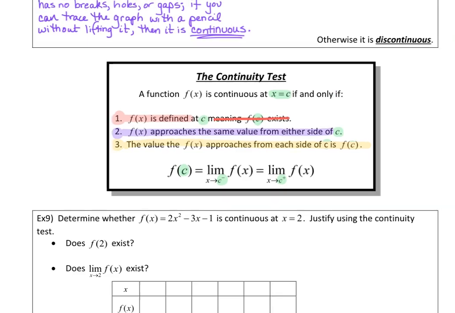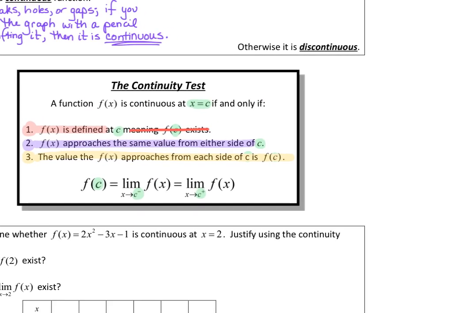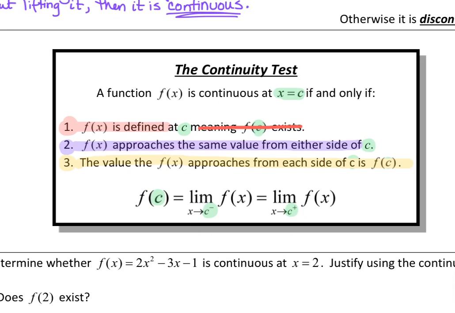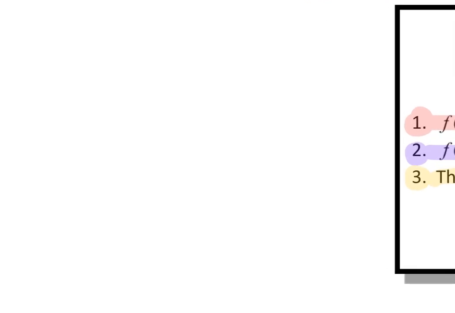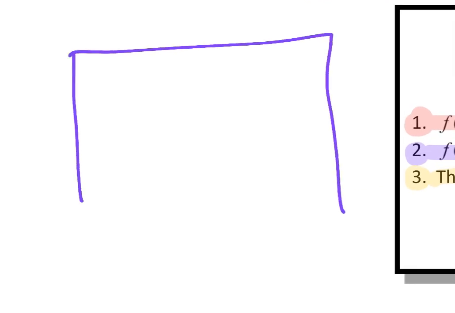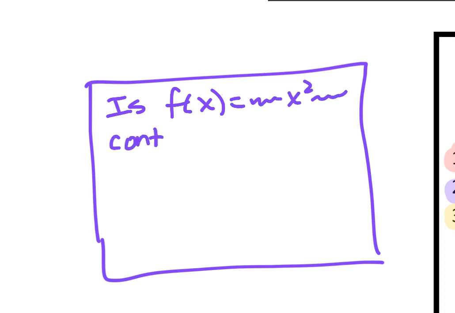So, and let me just, well, I think I'll do that at the end. So what I'm going to do is, in the problems in this packet, I'm going to walk you through step 1, step 2, step 3. But on the test, when you take the test, I'm basically going to give you your problems like this. Here's the box that your problem's in, and I'm going to say, is f of x equals blah, blah, blah with an x in it, continuous